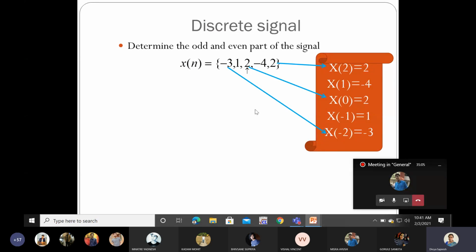So understanding the position of the signal is important, because if you take the position of the samples as wrong in the later operations, then automatically your answer will also become wrong. So taking the exact position of the signal is very important. That arrow indicates the signal at x of 0. To the right hand side are the positive side signals, and to the left hand side are the negative side signals.